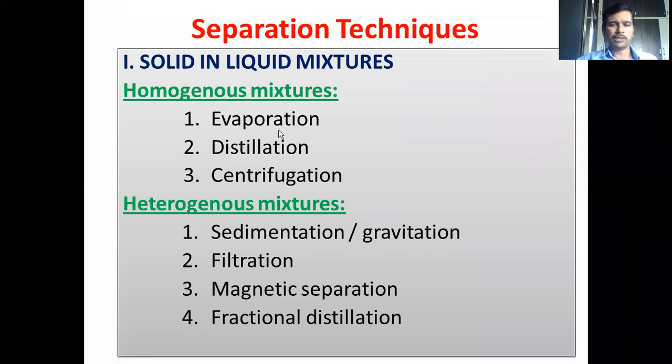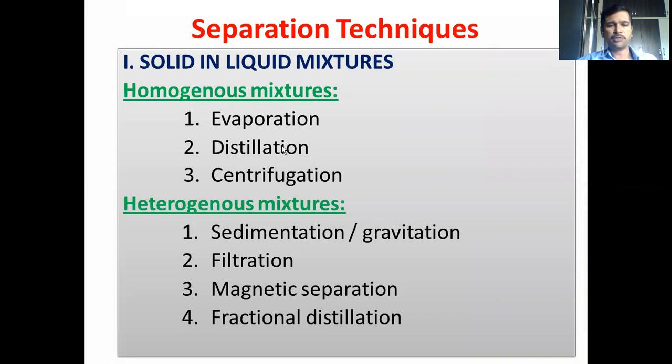So like this, the evaporation process is not only suitable for the separation of a single chemical component, but it also holds good for the separation of multiple chemical components. And even the distillation process. So we can convert liquids into vapors by heating, and the vapors are collected in a distillation flask or a collector flask. And once we lower the temperature, the vapors of the chemical components can be converted into liquids. So this distillation process is solely dependent on the temperature, or the boiling temperature or vaporization point, of the chemical components which are present in the mixture.